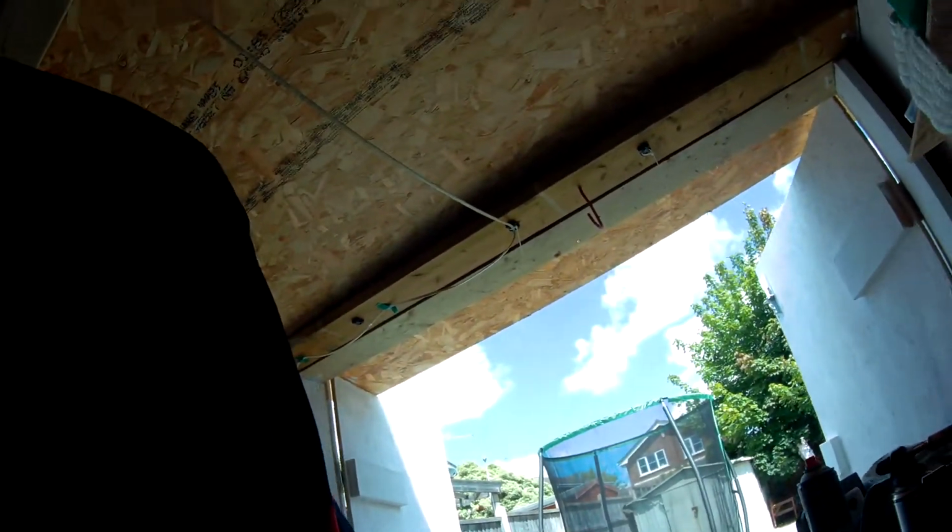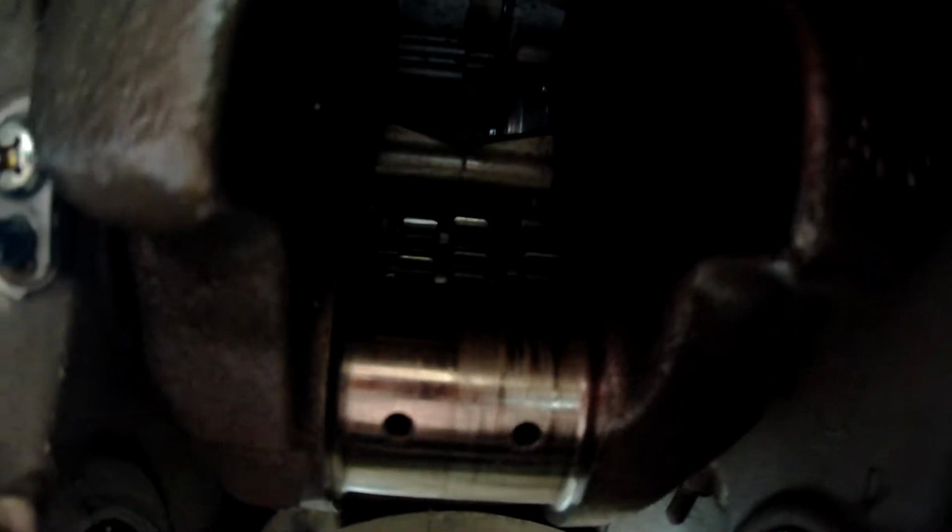The big end on one of the cylinders, if you can see that or not, you should be able to, it wipes the big end. So I'm in the process of stripping the engine down,